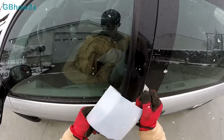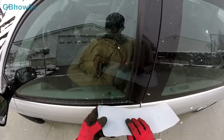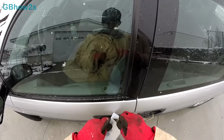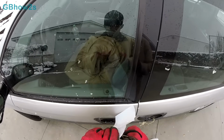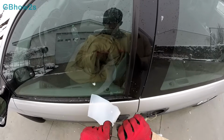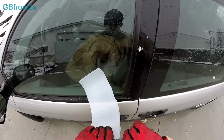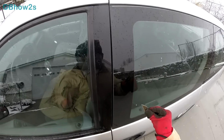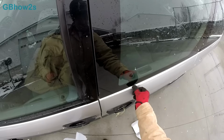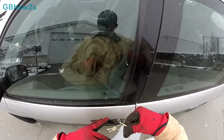What we're going to do is take this and then use this little corner. I'm just going to poke a small hole in it, and that hole is just going to be big enough that I can fit this piece of string through here, because I want to feed this string through the car here. So what I'm going to do is take this piece of string that I got